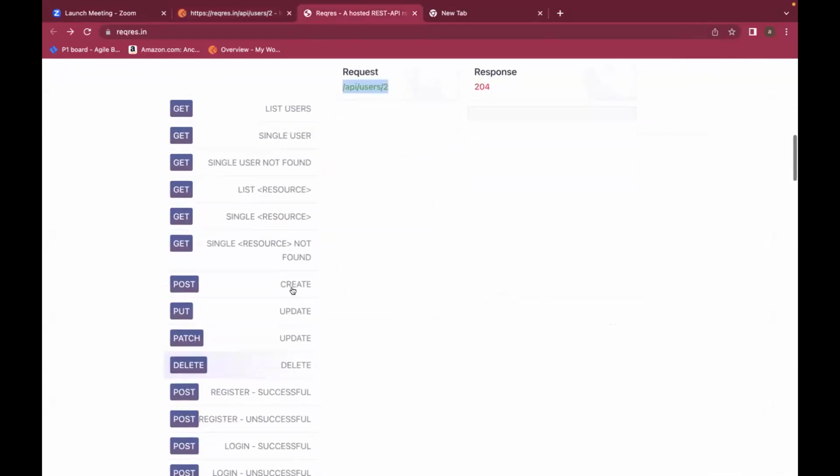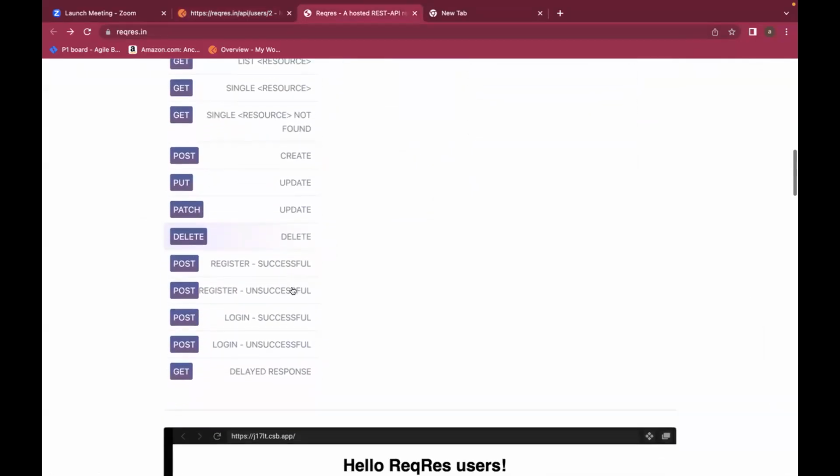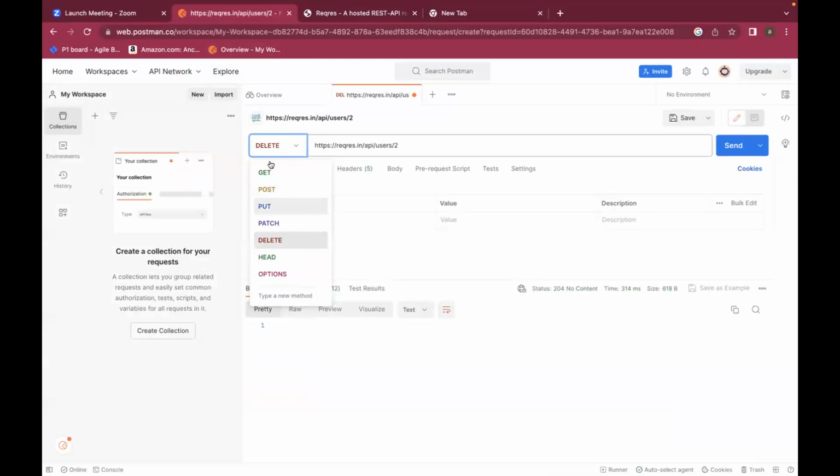How to know fully or partially updated? Unless you have access to the database, you really cannot say. This is a publicly hosted API. We really can't say what is being updated and what is not being updated. If you have seen the previous screenshot from Rupali and the previous screenshot from Devesh, Rupali did not give any payload, but still her request has been accepted and she got 201 created.